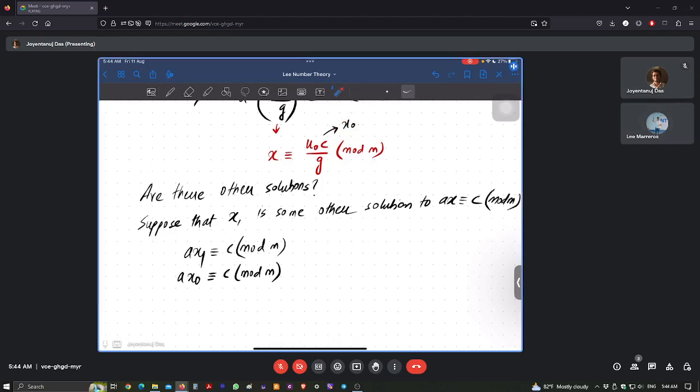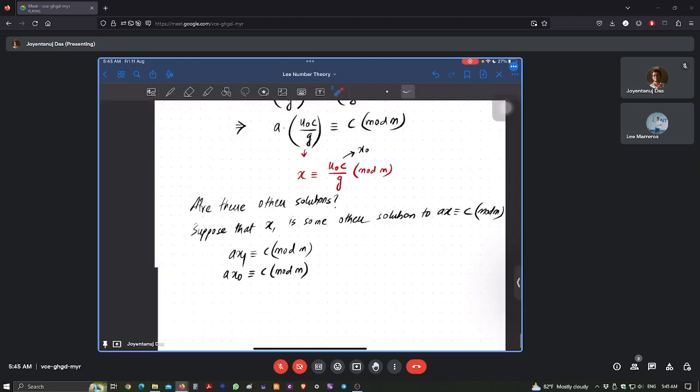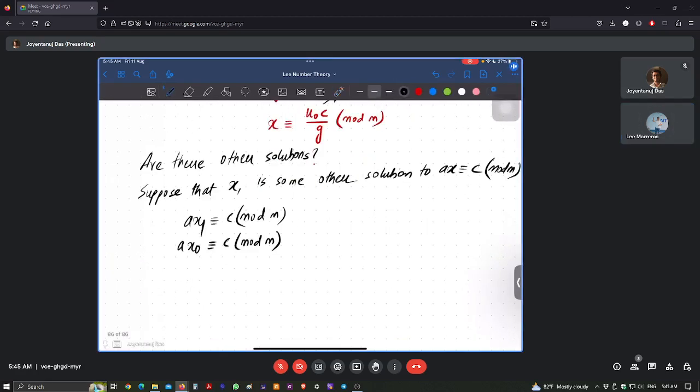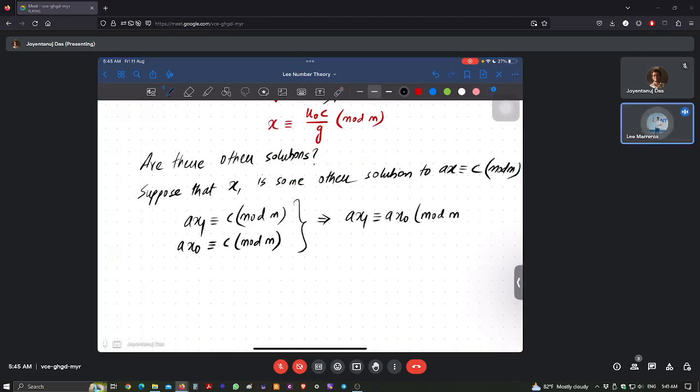Since x1 is a solution, x1 also satisfies this congruence, so A x1 is C mod M. Combining these two, A x1 is congruent to A x0 mod M, since they are individually congruent to C. So M must divide their difference,